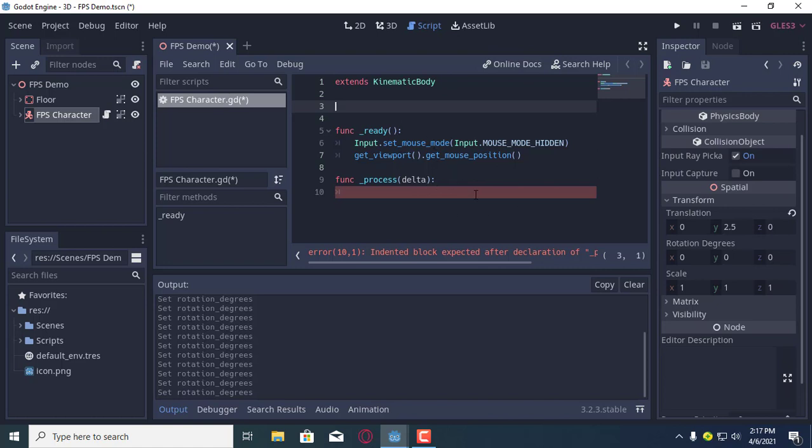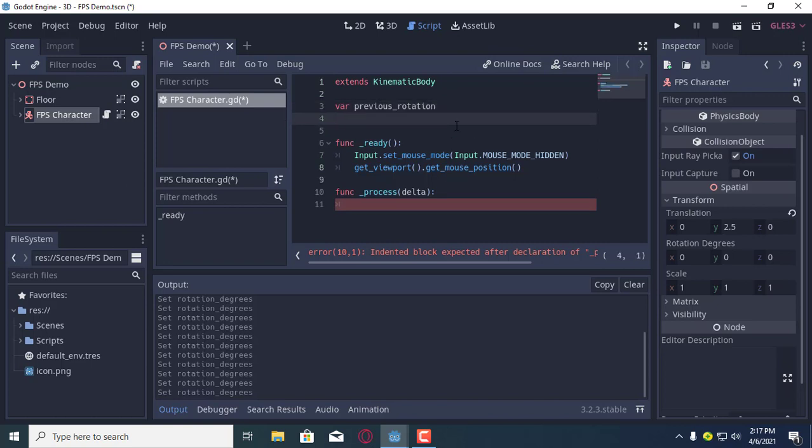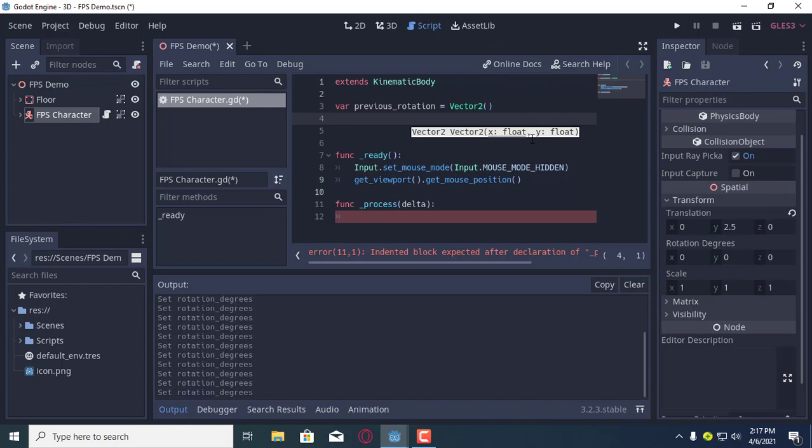To do that, we will need to calculate the mouse position, how much the mouse moved. To calculate that, we need to declare three variables. First of all, the previous rotation. Let's name it previous rotation, which will contain the previous rotation value, and remember that it will be Vector2,